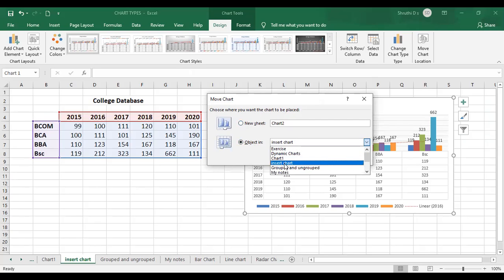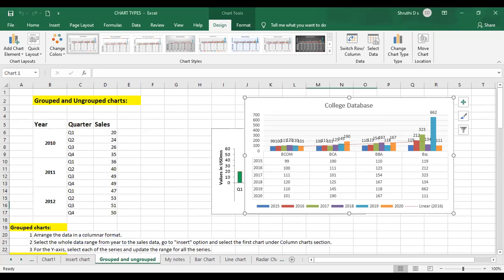So if I am in the insert chart sheet and I click on some other option, like grouped and ungrouped, I have just clicked that sheet. I'll click on OK. See, this is my grouped and ungrouped sheet name, and here my data has been removed. If you don't want that, click